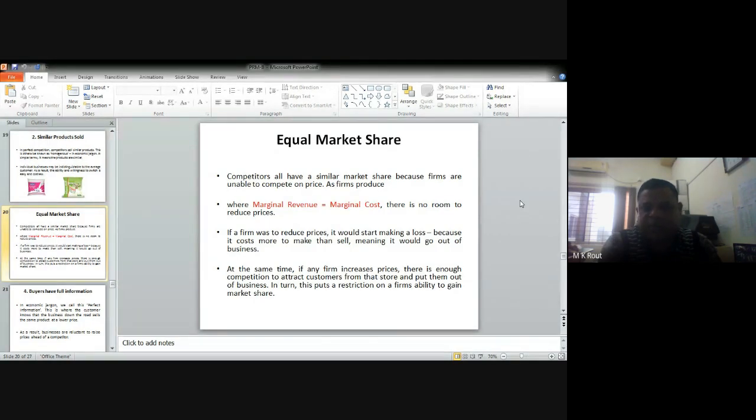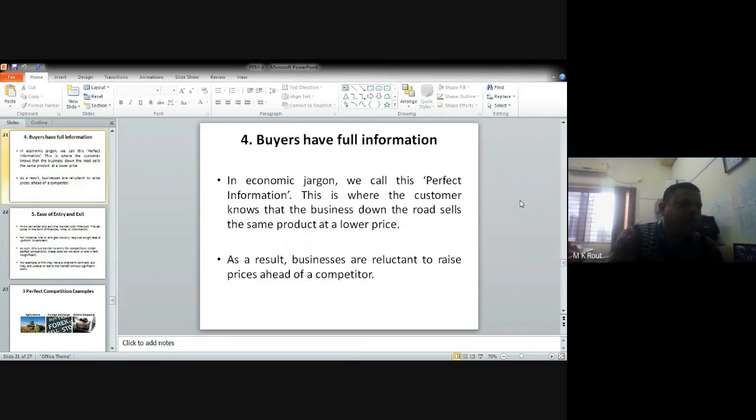This fourth point directly relates to equal market share, especially with reference to perfect competitors. So, moving to the next one, the fourth one is that buyers have full information. Being a customer, try to focus on this: in economic jargon, it directly provides perfect information. This is where the customer knows that the business down the road sells the same product at lower